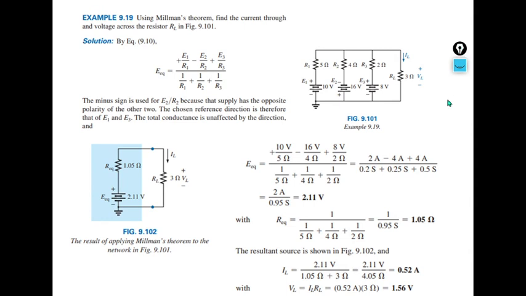How to solve Millman's theorem, right? Already we have seen some theoretical portion when I solved the reciprocity theorem, but today we'll see how to solve Millman's theorem. That means when we see that several voltage sources are connected in parallel with their internal series impedance, then I can replace them by an equivalent voltage source with its series-connected internal impedance.